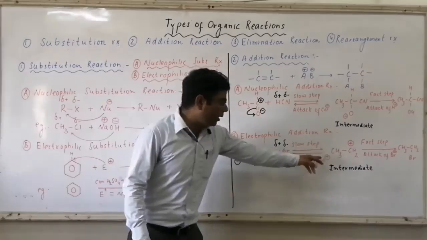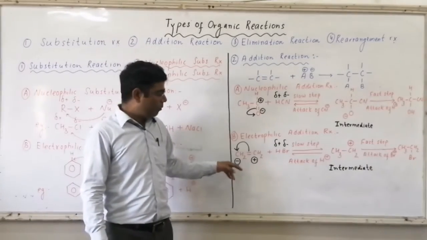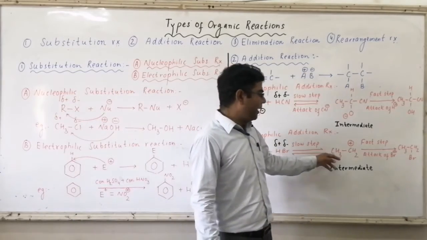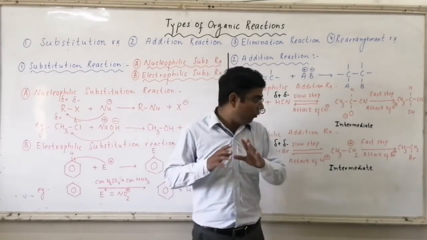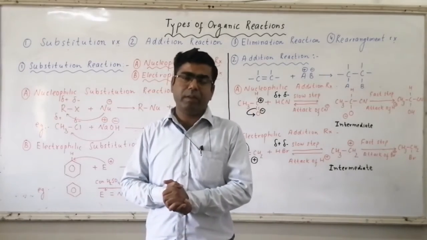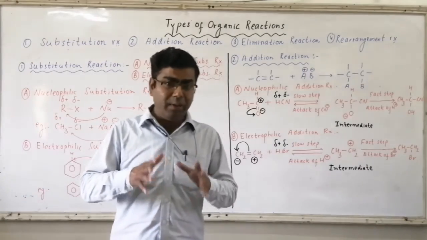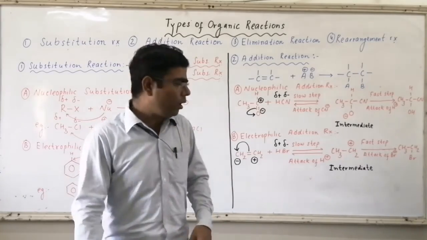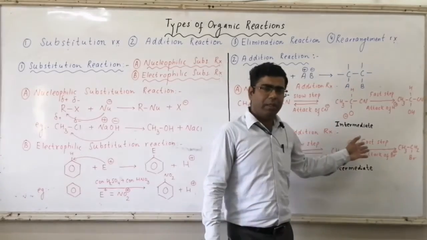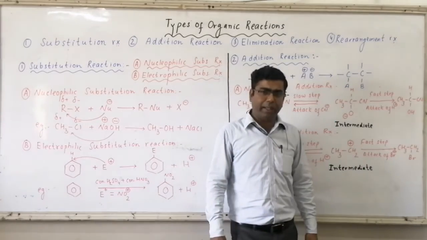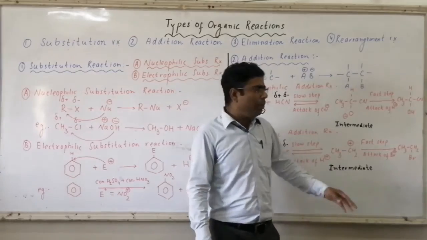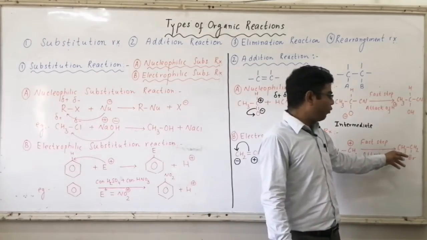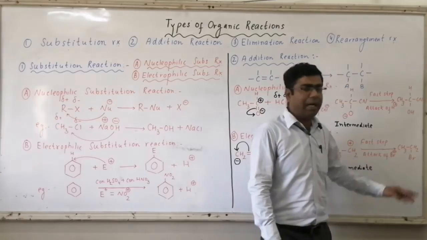So definitely H plus will migrate towards the negative carbon, as a result of which we will obtain CH3CH2 plus. Again an intermediate is obtained. All the intermediates are highly reactive in nature. As soon as they are formed, they are converted into product. So the second step will be your fast step, in which attack of Br minus ion will take place. So Br minus ion will migrate towards the positive carbon, as a result of which we will obtain CH3 single bond CH2 single bond Br, which is called